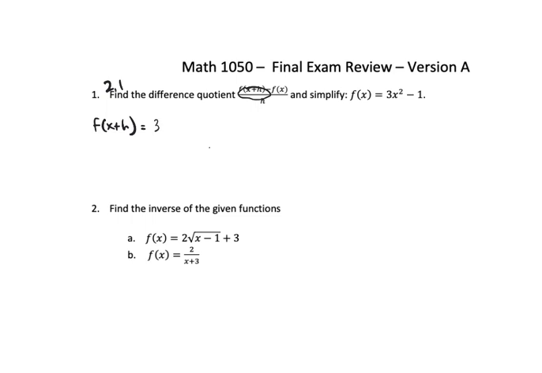So it's going to be 3 times x plus h squared minus 1. Now we're going to expand that. X plus h multiplied with another x plus h is x squared plus 2xh plus h squared. And then if you distribute the 3,